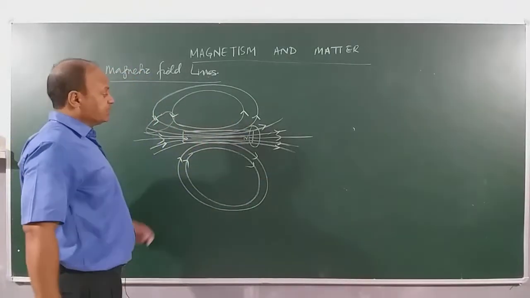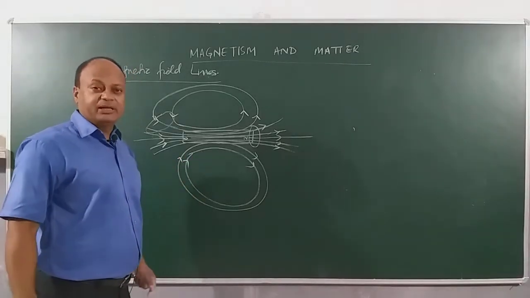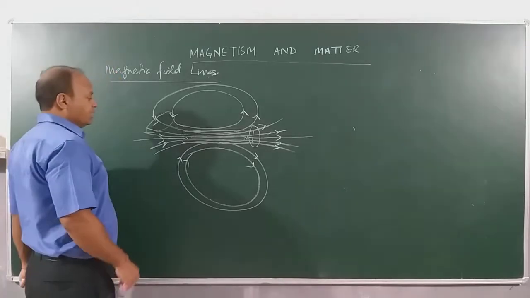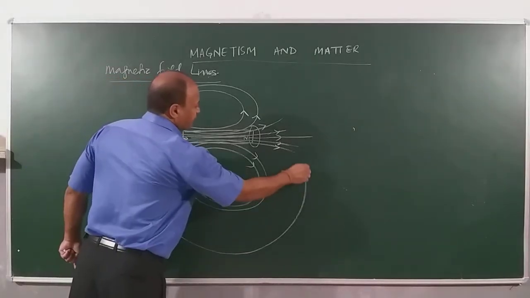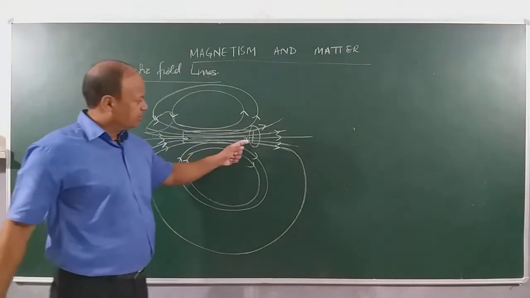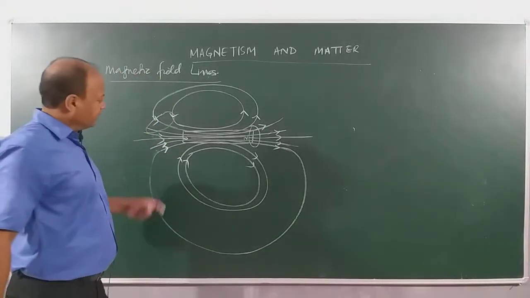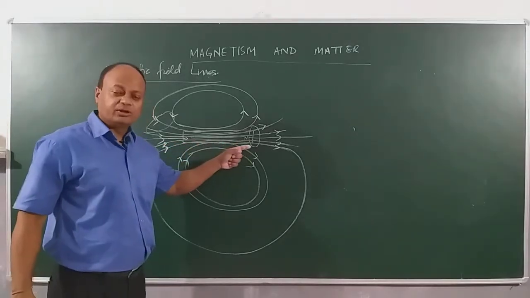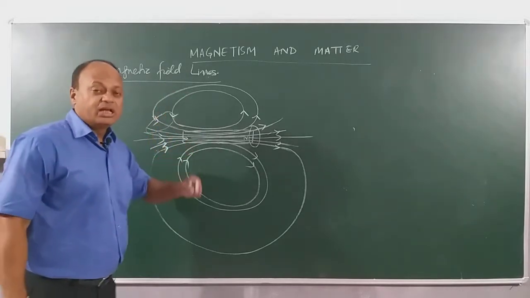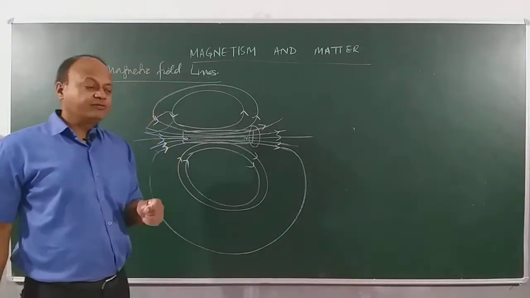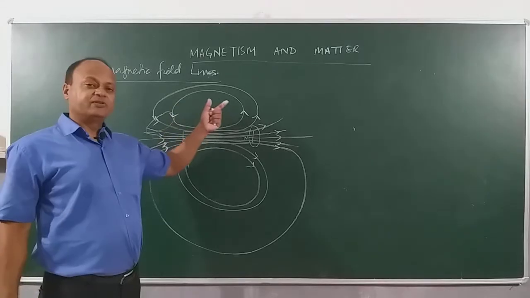We just now said that this bar magnet is actually like a dipole, right? But then it is different from an electric dipole in many ways that we will be discussing. These magnetic lines you can see here, they are forming closed loops. Outside they are travelling from what? They are travelling from north pole into the south pole, out here. But inside they are travelling from what? South pole to the north pole. Very important to understand. So we are defining what magnetic field lines are. So children, a magnetic field line is a line or a curve such that a tangent drawn at any point to the line shows direction of magnetic field at that point.